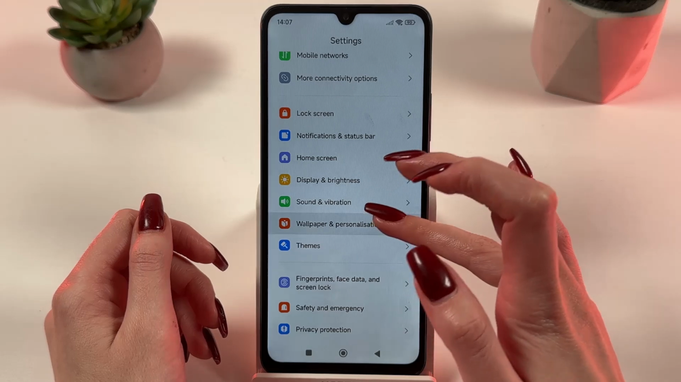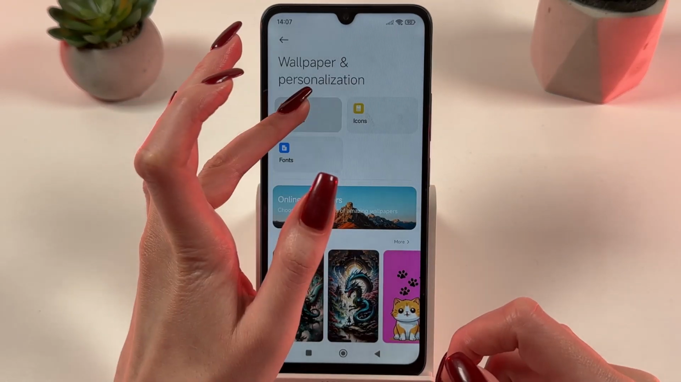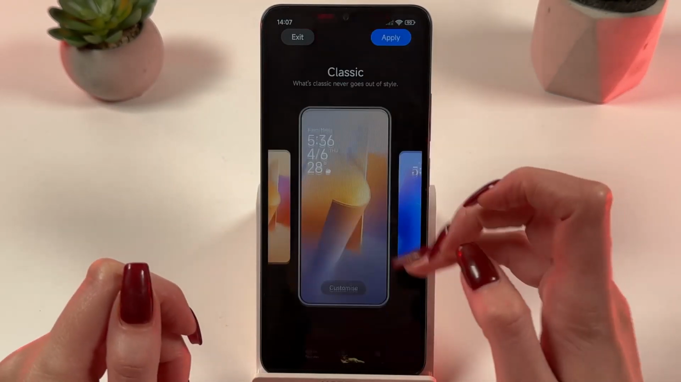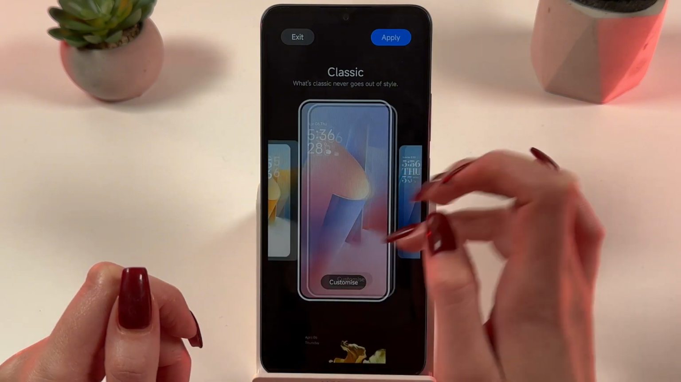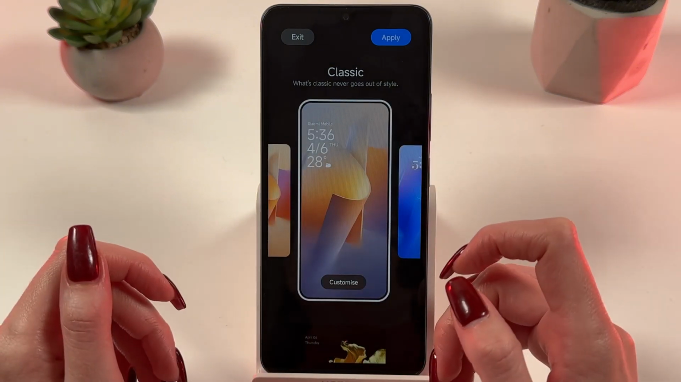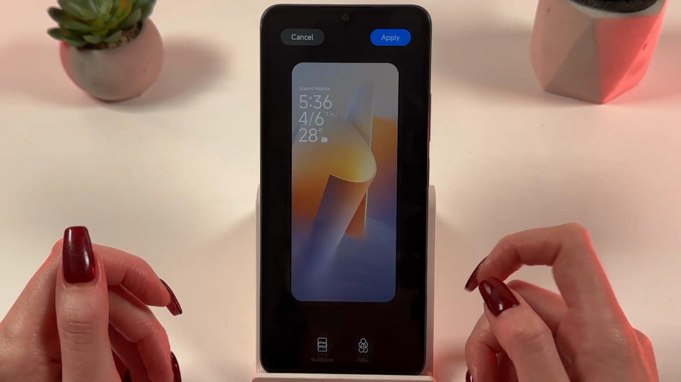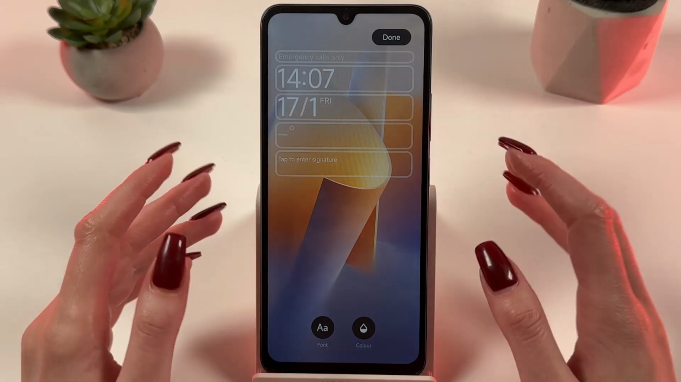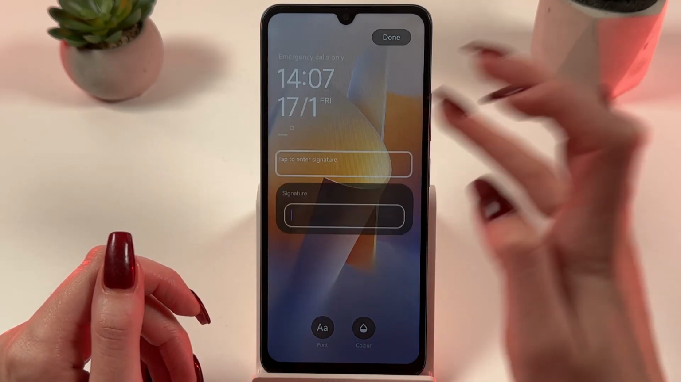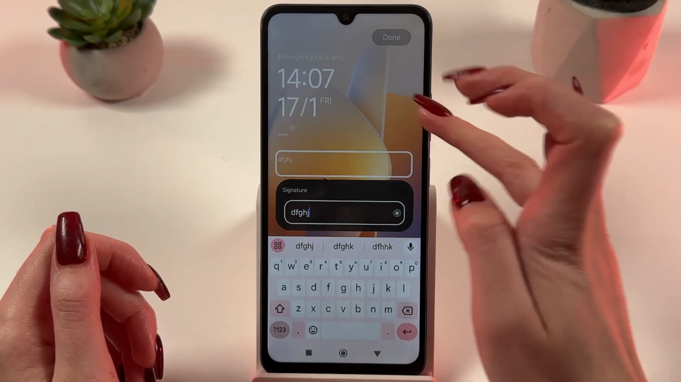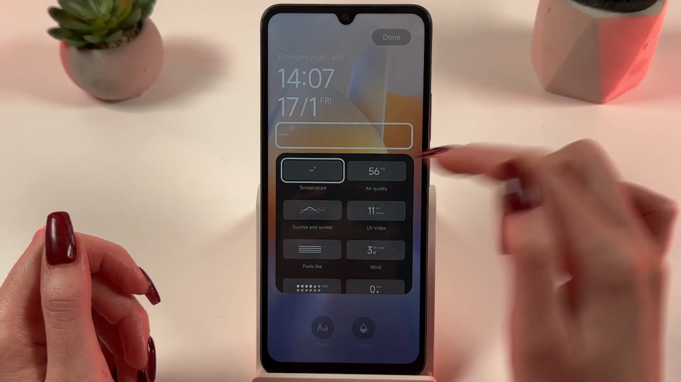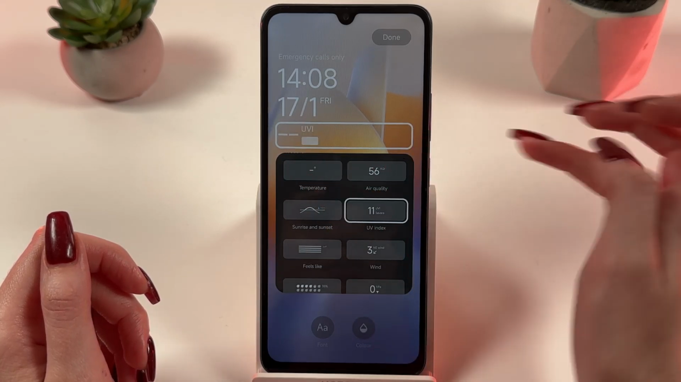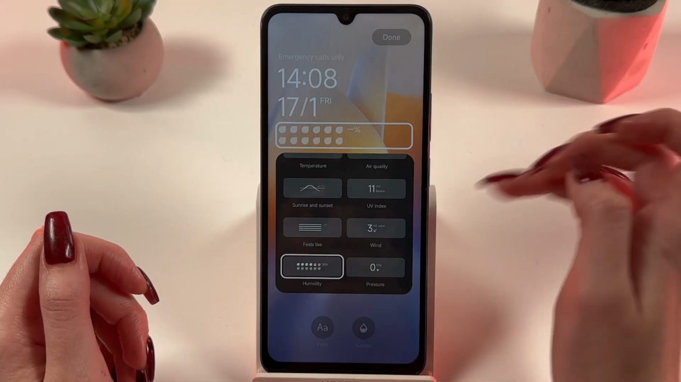Select Wallpaper and Personalization. In the Lock Style section, you can choose any style you'd like. Let's choose this one and press Customize. Here we can change widgets icons. For example, we can add some text. To add widget for temperature, air quality, UV index, humidity, pressure,